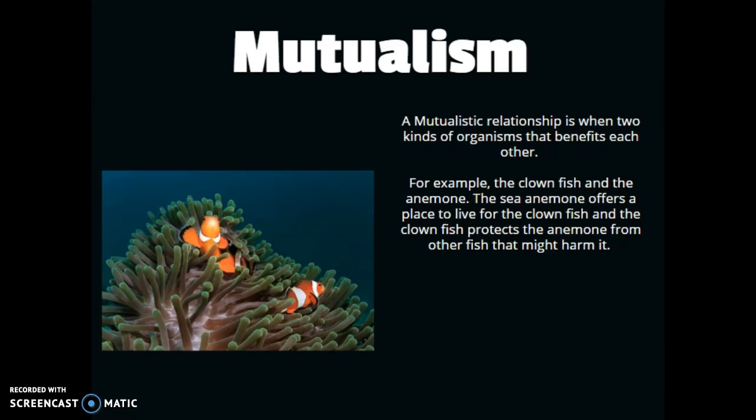The clownfish is also kind of protective of the sea anemone. If other fish that can harm the sea anemone come around, they will chase them off. They are very aggressive. Matter of fact, in the video that we saw, the guy puts his hand near the sea anemone and the clownfish kind of chases at the guy's hand. They don't play around. They don't like anything being around that. So we have two kinds of organisms and they benefit each other. It's a mutualistic relationship.